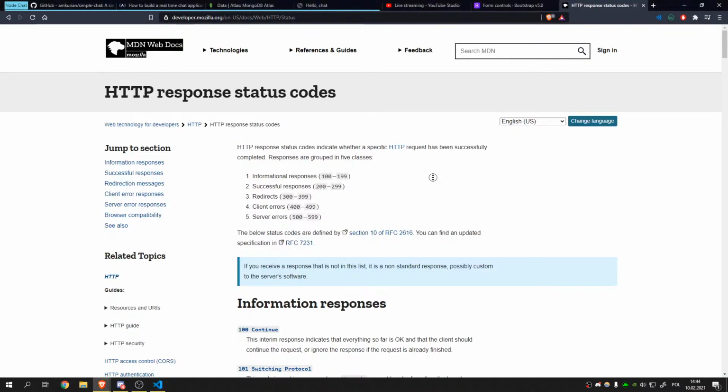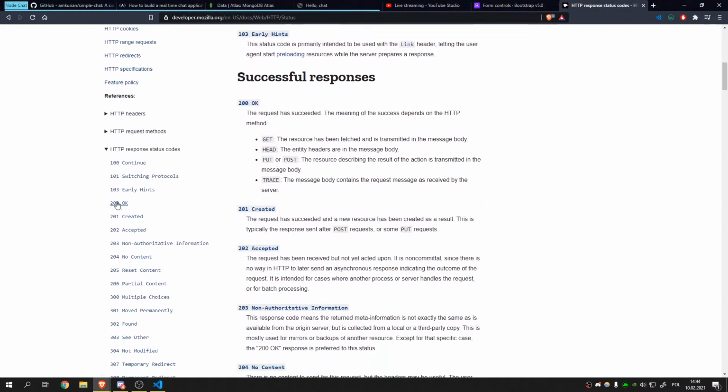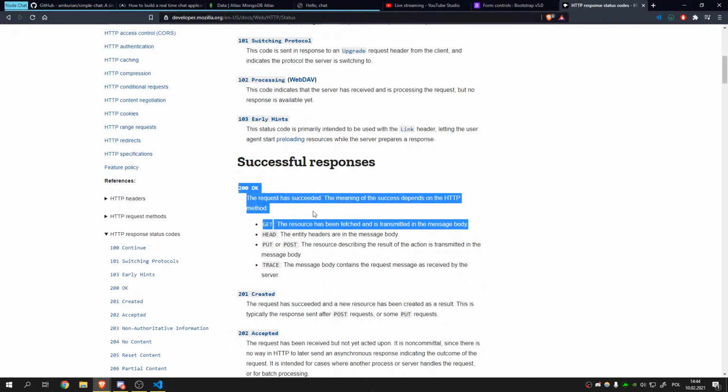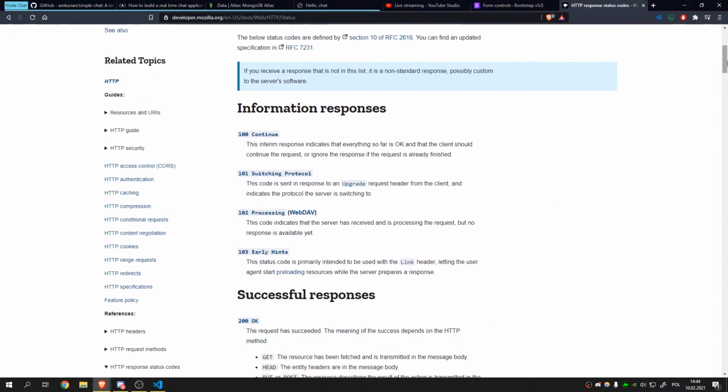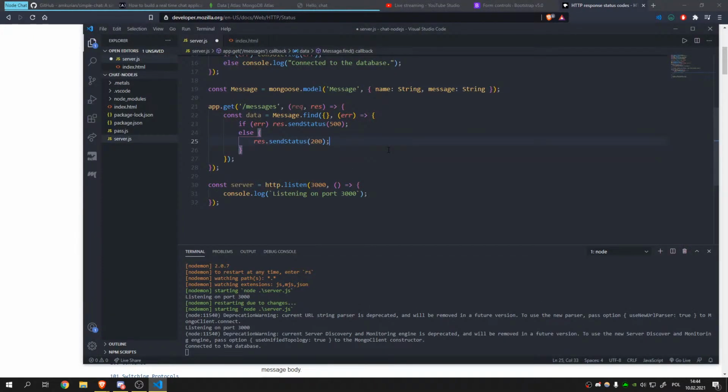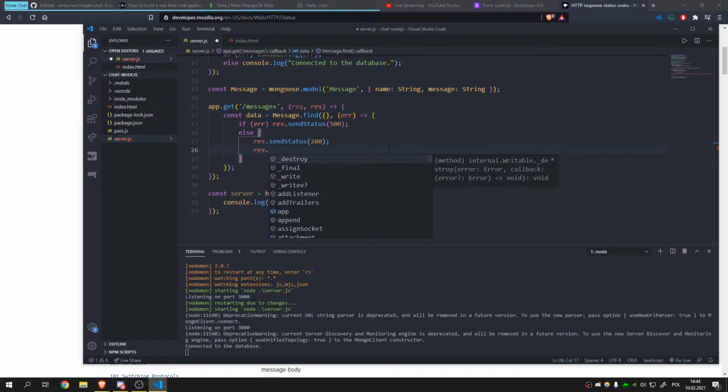The request has succeeded. The request has been fetched and is transmitted in the message body. That's basically what you should use. As you can see, you can find the use case of every response status code on Mozilla Docs, for example. So we send the status 200 that everything went okay, and then in response,